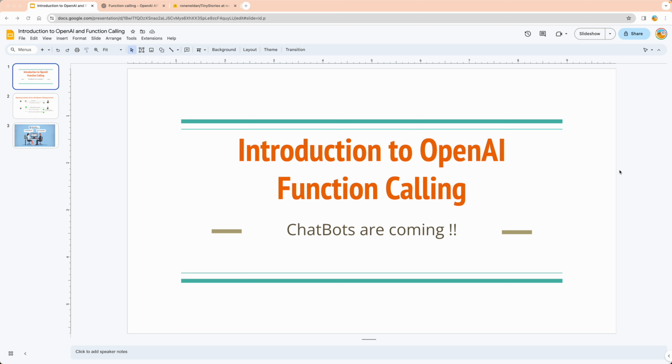Hi all. It's been more than 11 sessions for me talking about OpenAI and its APIs. Today's session, I believe, is one of the most important ones, a special one, a difficult one, and I believe one of the most powerful ones, and it's called function calling. It has so much power.